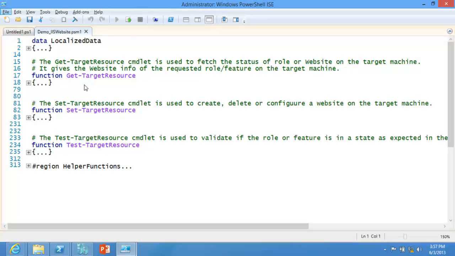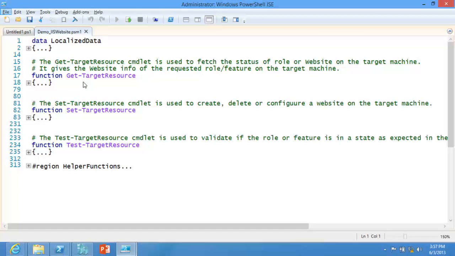And then the second thing is you implement this test. We've talked a lot about the test, and the test is vital because that's what we use to check whether or not we need to call the set. You got to get the test right. That's actually the important part of the model. And the third one is a set. That's the make it so. And that's where we actually make it so.